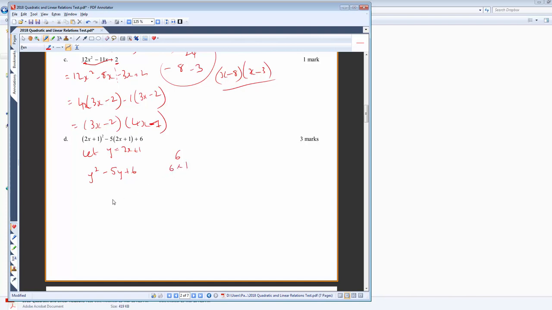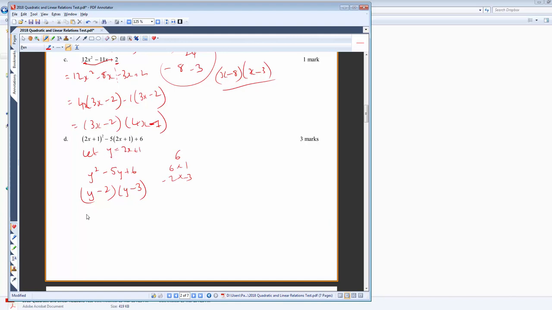So what we're going to do is consider the factors of 6 that, when added or subtracted, equal -5. So 6 times 1, and what's the other one? 2 times 3. Okay, and this one will be the winner here. So this time, because it's monic, we can actually go straight to the binomial products. Y take 2, y take 3. Now what we're going to do is